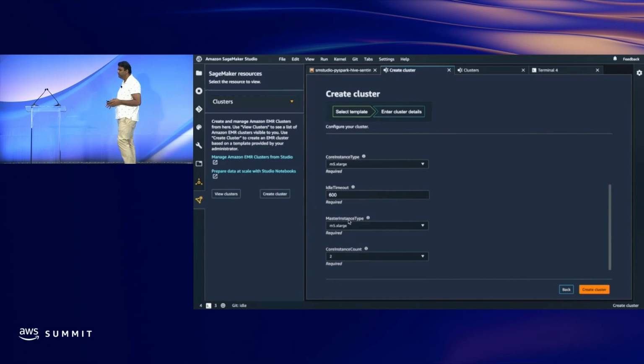So I just wanted to include this as an additional slide, just to make sure that administrators of an organization don't have to worry about compute resources being idle, and they can configure an EMR cluster to auto shut down. This is one of the recent features that we have introduced in EMR to save costs for our customers. So these templates offer an immense amount of flexibility for an administrator to customize the template creation for a particular organization. So let's go behind the scenes and see how these templates are created.